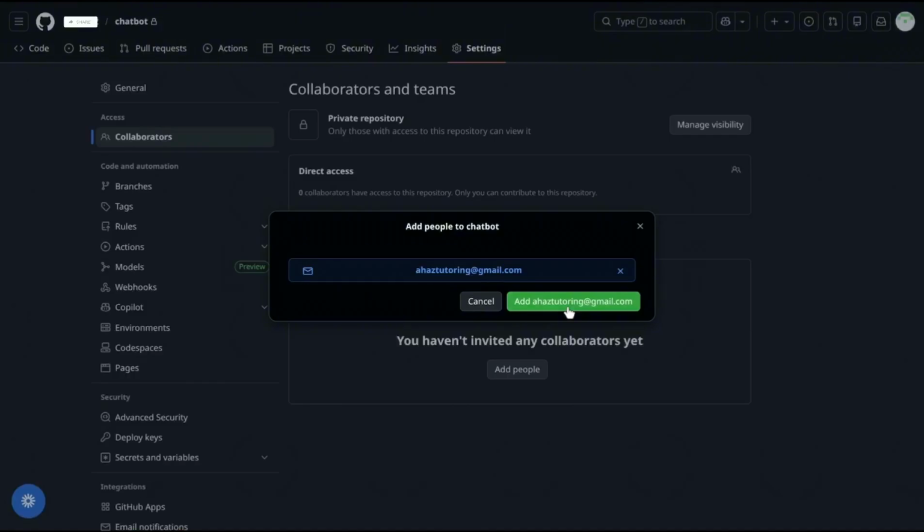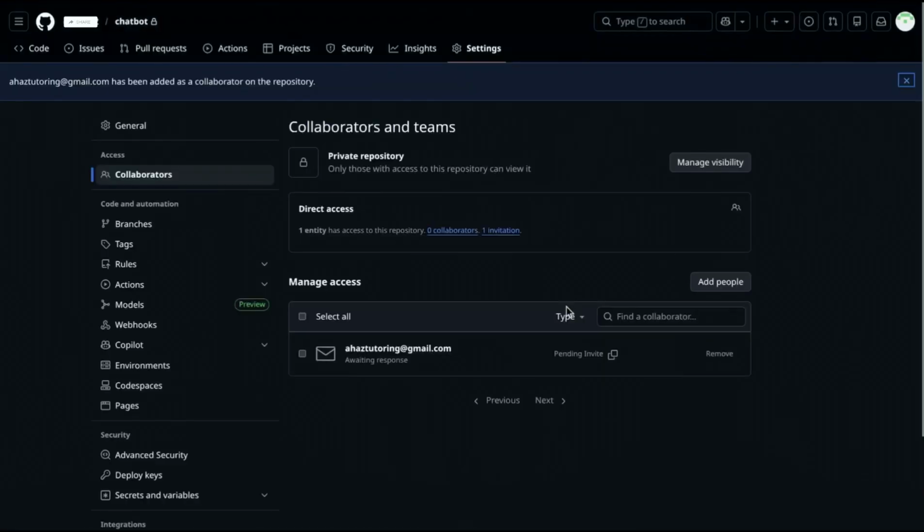To summarize, adding contributors on GitHub involves going to your repository settings, opening the Collaborator section, inviting a user, assigning permissions, and sending the invitation. Once accepted, the contributor can start working on your project. This is especially important as your project grows. Having the right people with the right level of access helps you stay organized, avoid mistakes, and maintain control over